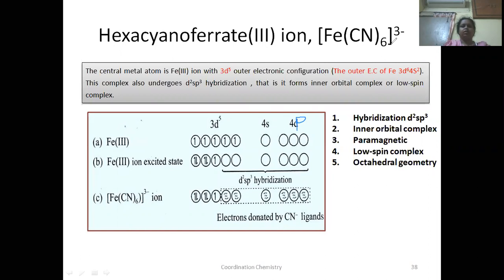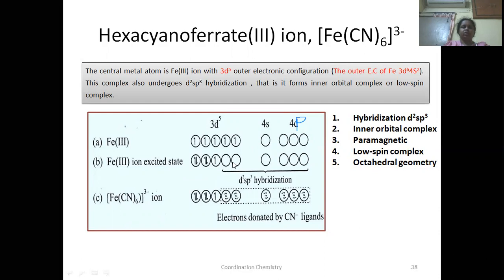So what is the coordination number here? 6 coordination number means it should provide 6 empty orbitals. So how many empty orbitals do we have? 1, 2, 3, 4. And how many do we need? We need 2 more empty orbitals. And if you observe this, cyano ligand is a strong field ligand. Due to the presence of these cyano ligands, the electrons in the iron 3 plus get rearranged. So they get paired up. These 2 electrons get paired up among the other 3d electrons here. So after pairing up or after rearrangement, we get 2 more empty orbitals here.